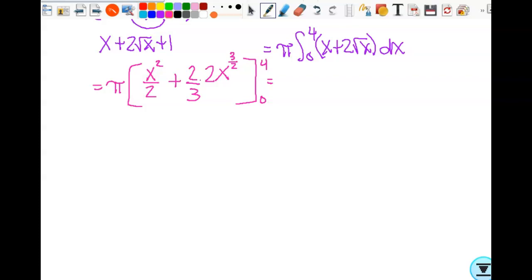All right, so I'm going to substitute in, so I'm going to have pi times this mess that I find. 4 squared is going to be 16 over 2 plus,